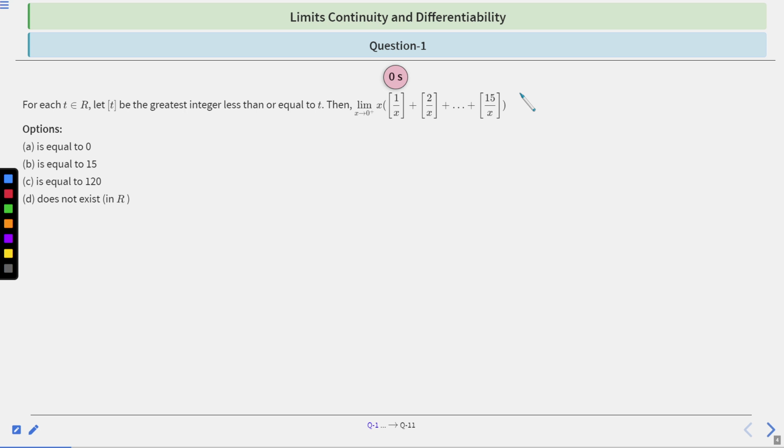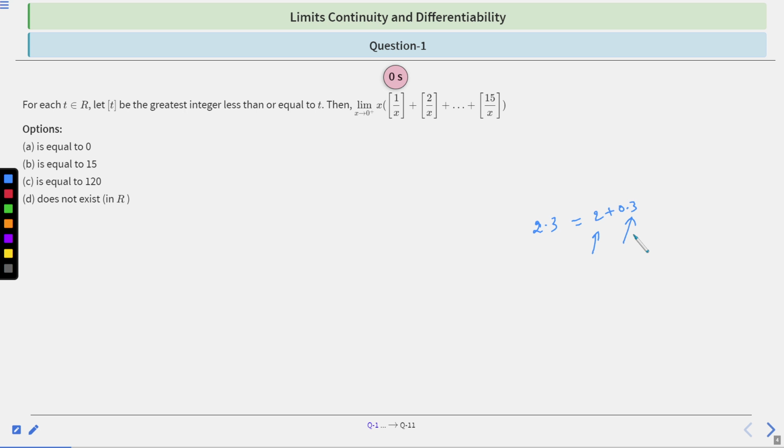Okay, let's move to the solution part. See, first, the hint of this question is that greatest integer function is always an integer, right? And x can be written as greatest integer function of x plus fractional part of x, right? Just like 2.3. If we have 2.3, then it can be written as 2 plus 0.3. Here 2 is the greatest integer, whereas 0.3 is the fractional part, right? So a number can be represented as the sum of the greatest integer function plus the fractional part of the number, right?